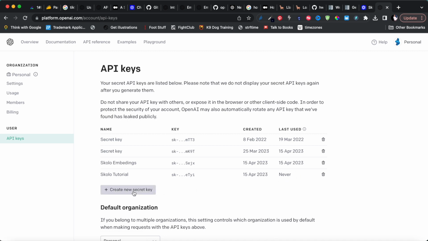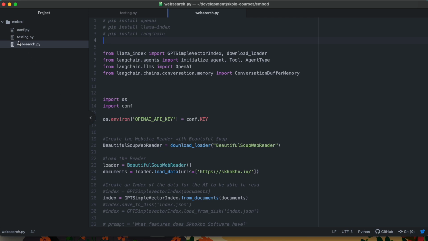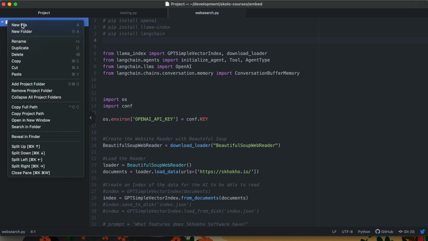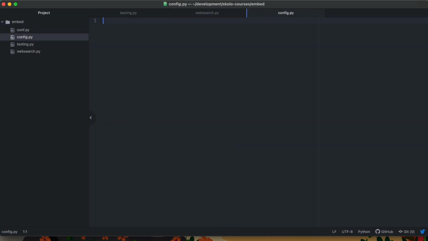All right, the way to do that is to click this create secret key at the bottom there, and then it will give you a key that you can copy. So copy that key. Once you've copied that key, we're going to create a new file, and I'm going to call it config.py. Inside that file, which will be empty, just say key equals, and then paste